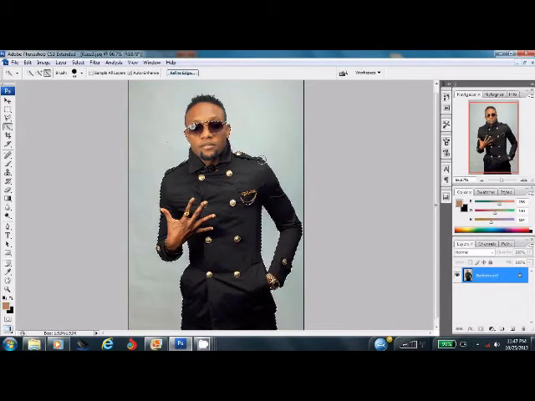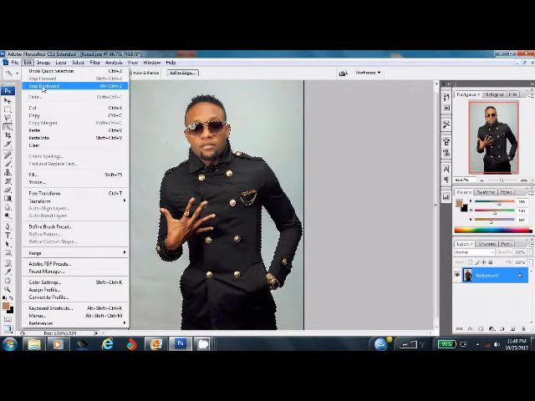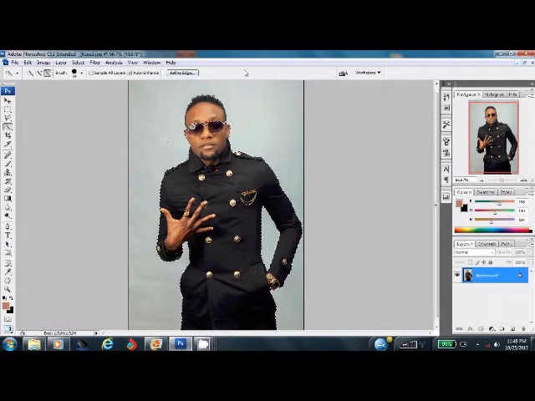Now let's just Ctrl Z that. Well, it's not going back. What's happening? Ctrl Z does not go further than just once. Okay, what we actually do is you go to edit, you say step backward, which is Alt Ctrl Z. So let's do that. Alt Ctrl Z to where we get to our desired point. I think that's where it should be, something like so. Yes, that's where it is. So we've made our selection. Now let's go to this refine edge